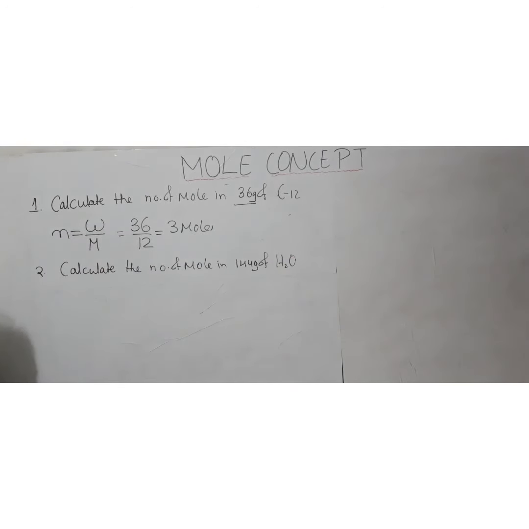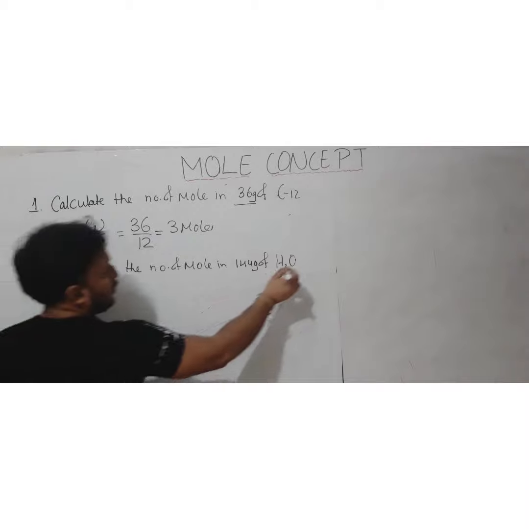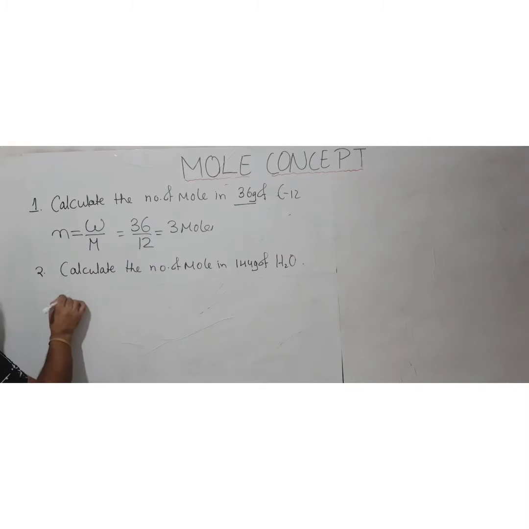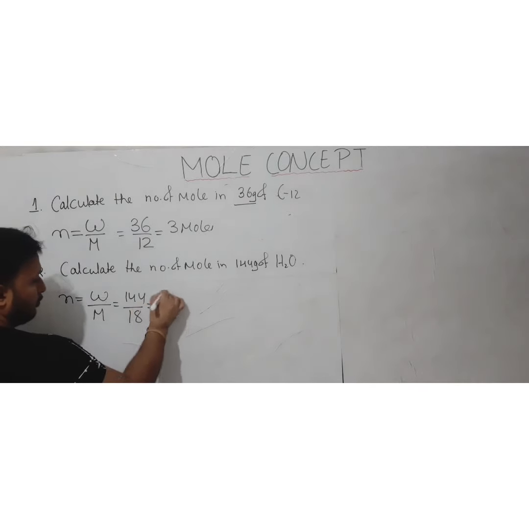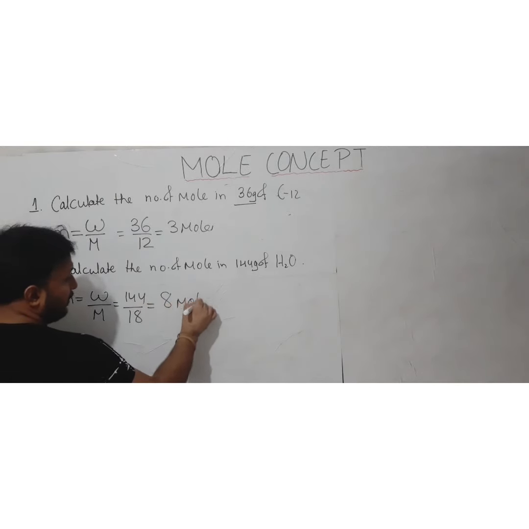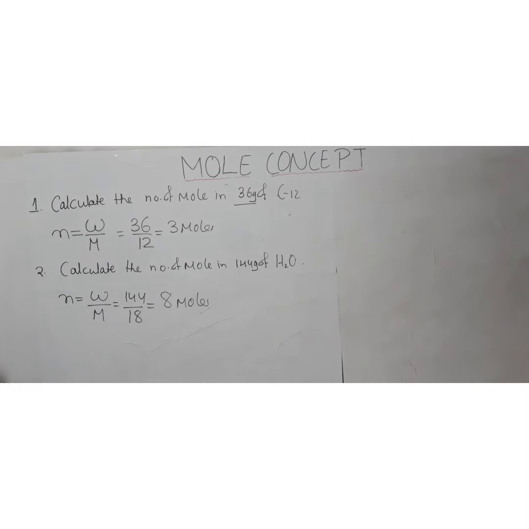Okay, then in such case again you have to use the formula: number of moles is equivalent to given mass upon molar mass. Now given mass here is 144 gram and the molecular mass of water is 18. So the answer will be coming very simply like 8 moles. Okay, these are very simple methods. Now some questions are of similar type, but they are asking to calculate some other thing.